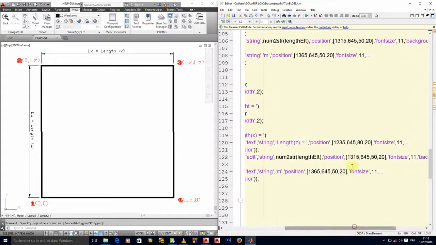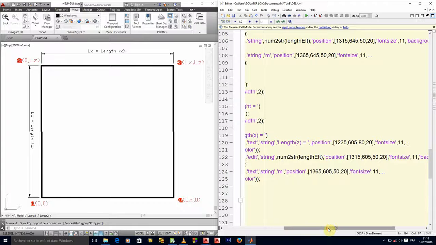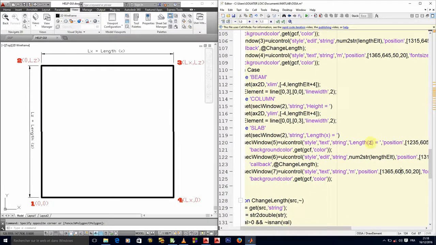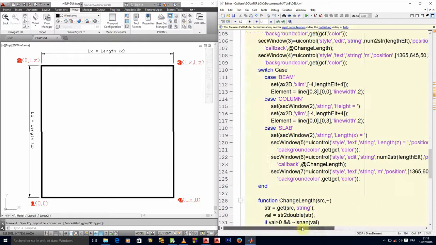Okay, so the position now, I want to put it under again at a distance of 40. So this 1 minus 40, I think, gives me 1195. Okay, is that correct? No, this is not even where I'm supposed to put it. Okay, it is following y. So 0 here, 0, and here 0. Okay, so here will be length z, and I think that's all that will change for now.